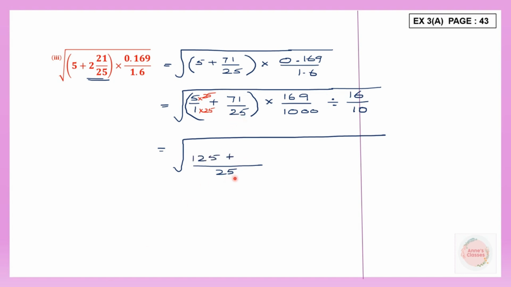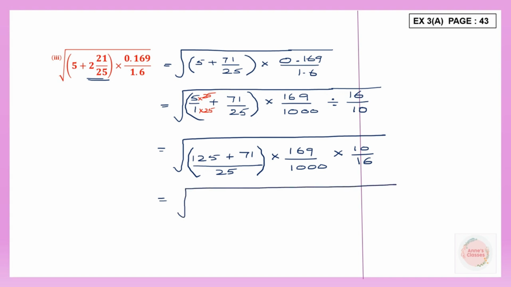Since the denominator is the same, I can write the same numerator 71. So this also we'll leave it here. Let's go to the next one here, into 169 by 1000. Division changes to multiplication and I write the reciprocal 10 by 16. So here now let's continue working this. So this one now becomes 125 plus 71. That is